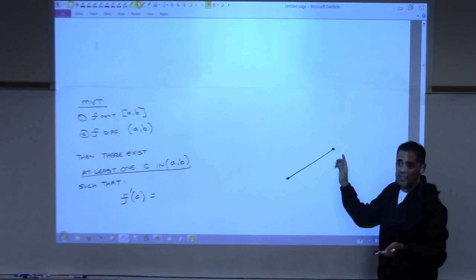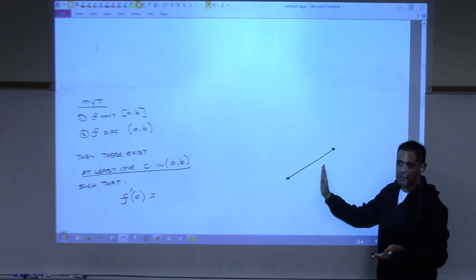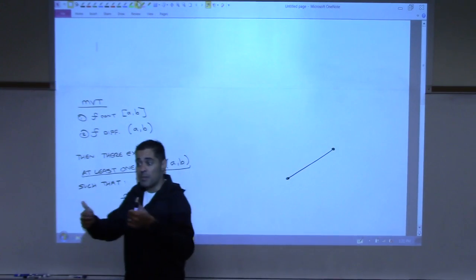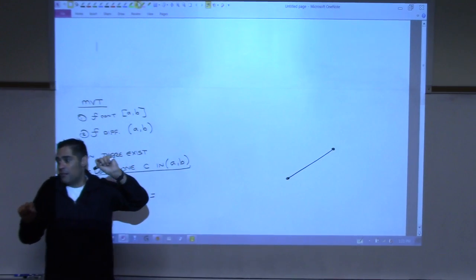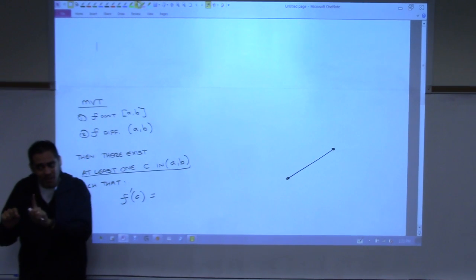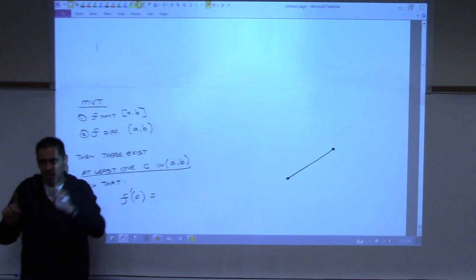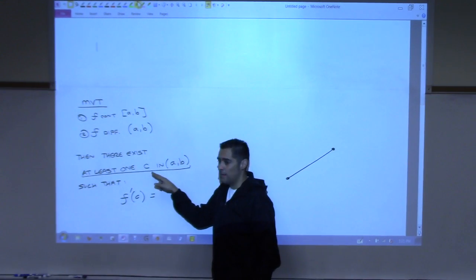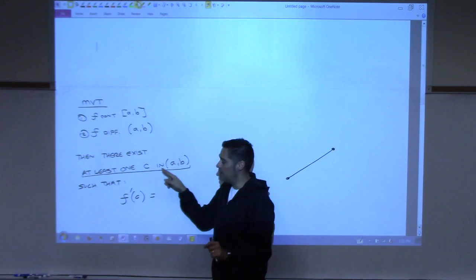So does there exist at least one point in here where you're going your average speed? The whole time you are, right? So there's at least one point. In that case, yes, the endpoints would be valid. You would actually be going your average speed at the endpoints. But the theorem says, look, you're guaranteed at least one inside also. It doesn't have to happen at the endpoints. The theorem says that you're going to have one point at a minimum, 1 point inside where you have to